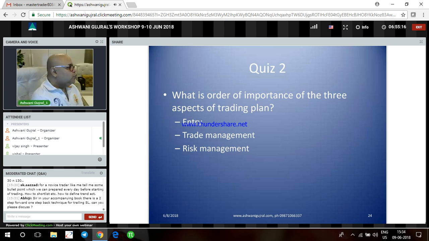See, if you are planning to do swing trading finally, then start with swing trading. But if you are planning to be intraday trader and you start with swing trading, then you are not trying to gain the skills of intraday trading by doing swing trading. But the useful is